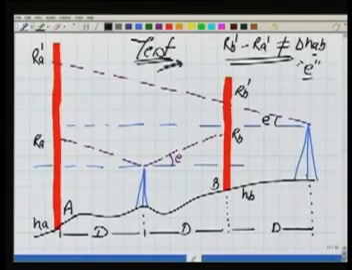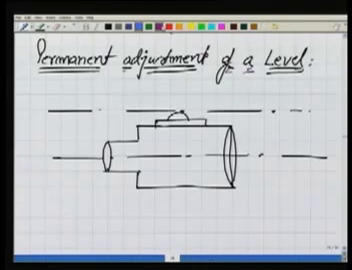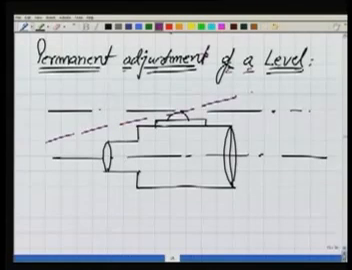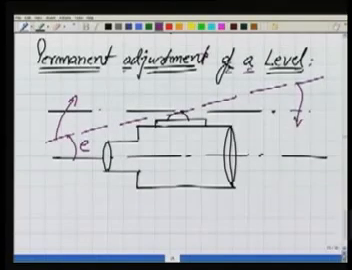Well, if your instrument has got the error, we would like to eliminate it. And elimination of this error means, the meaning of the error is that my line of sight is not parallel to the axis of the bubble tube, and this is the angle E which we are talking about. So in the adjustment, we will try to rotate the bubble tube in such a way that the axis of the bubble tube becomes parallel to the line of sight again. We will do that. Now how to do it? What is the procedure? Well, the procedure for that is,